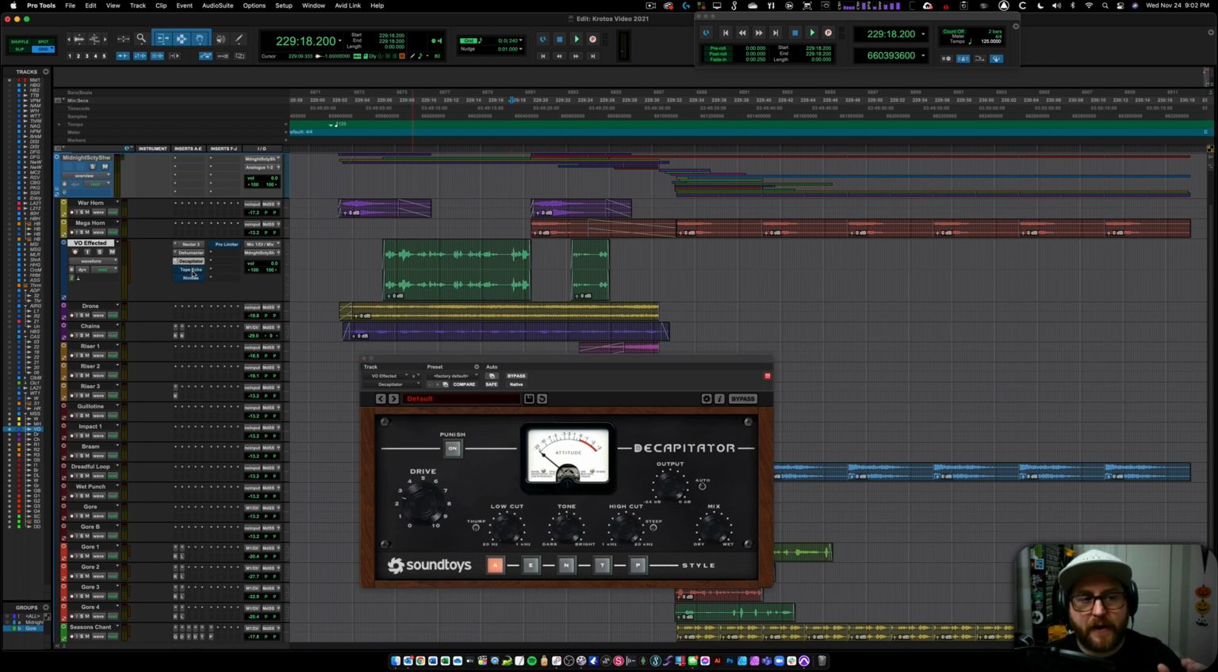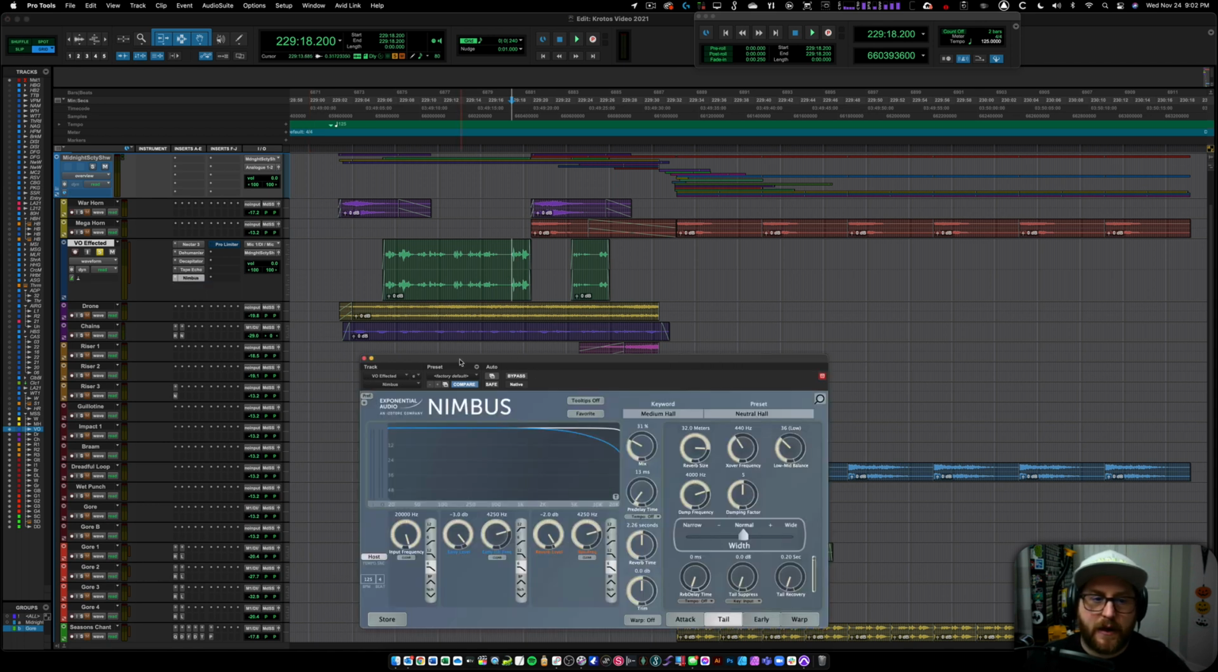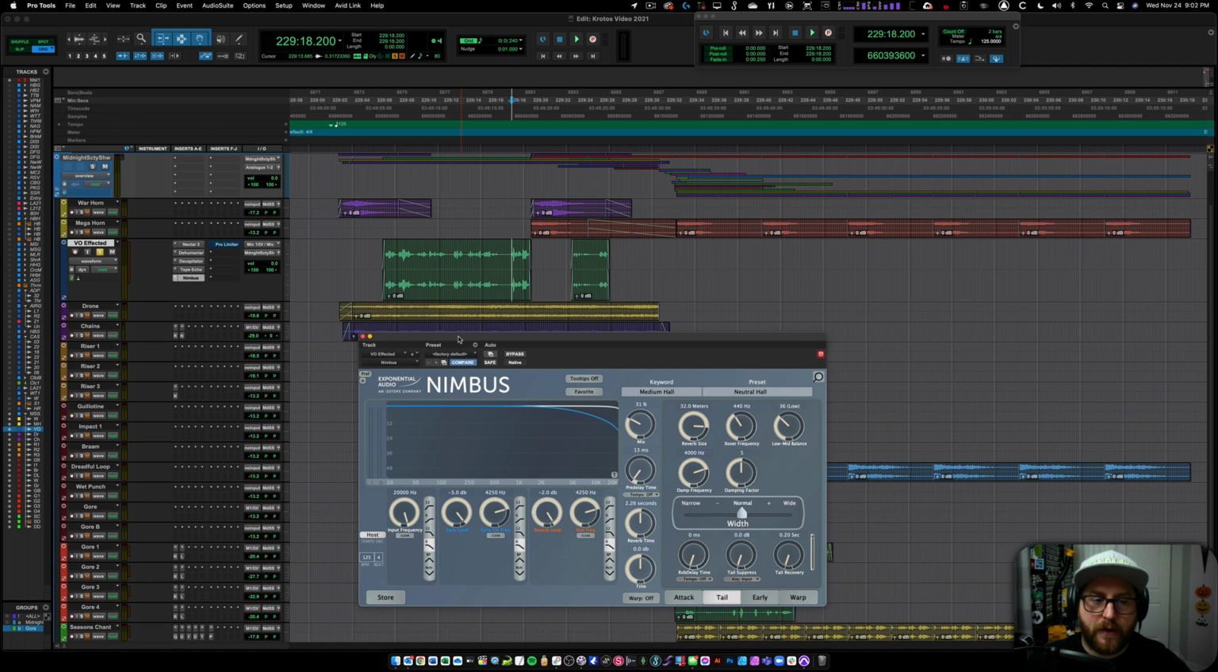And then we have Tape Echo, which is an Avid plugin, to just give it a little gravitas, I guess, a little spooky feel. Shall this lamb die? So not much there, just kind of tucked behind. Then we have Nimbus, which is an exponential audio reverb